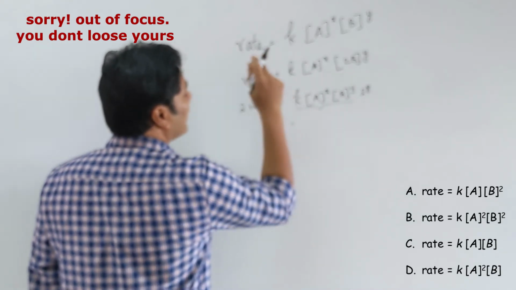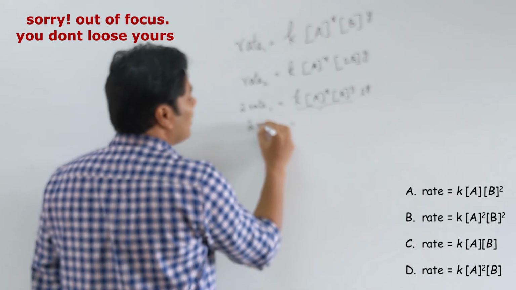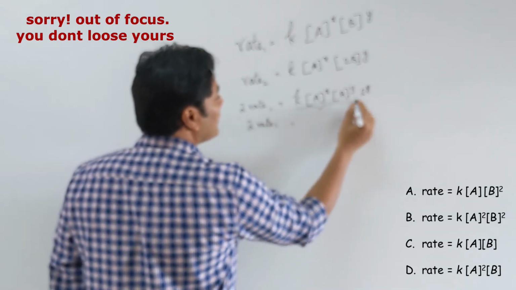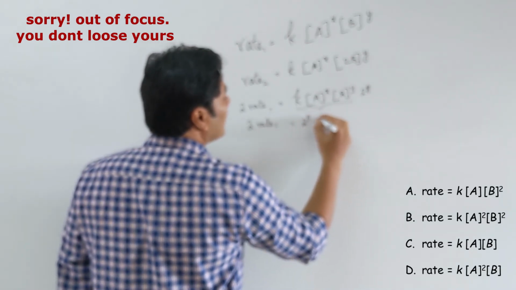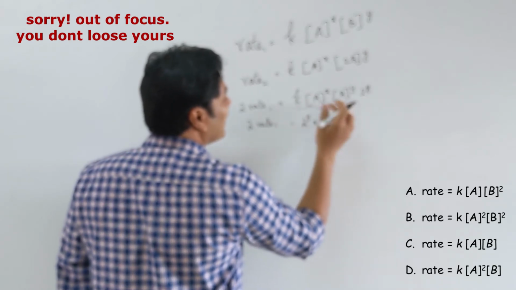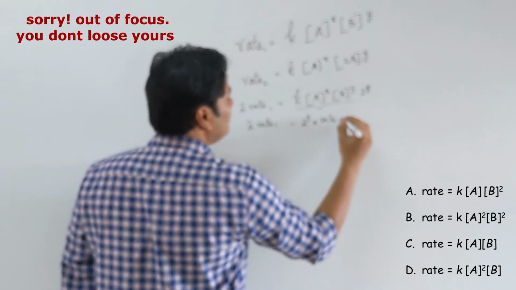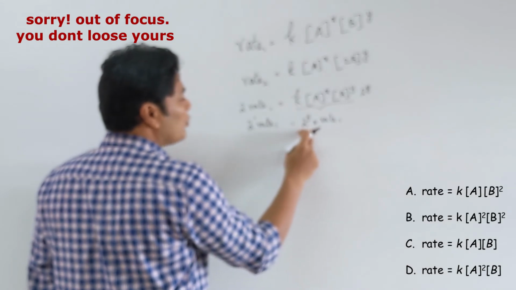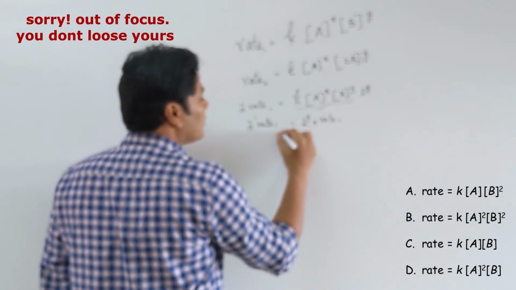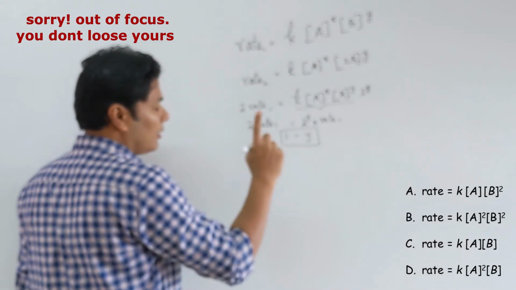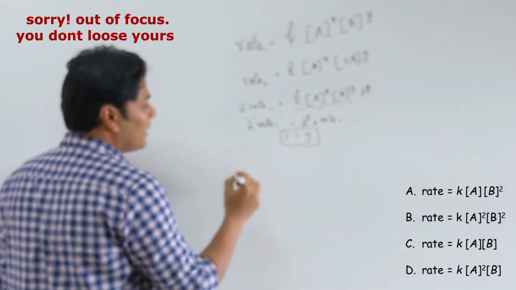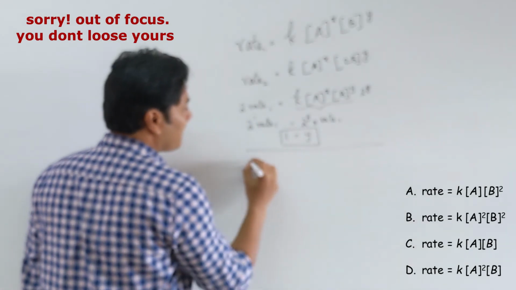This is nothing but rate 1. So what I have is 2 times rate 1 equals 2 to the power y times 2 to the power y times rate 1. So 2 power 1 equals 2 power y, so y equals 1. So order with respect to B is 1. So we got that. The next set of experiment they say